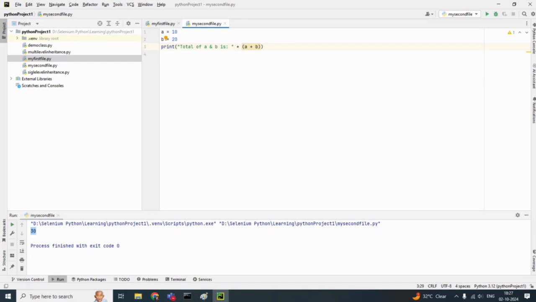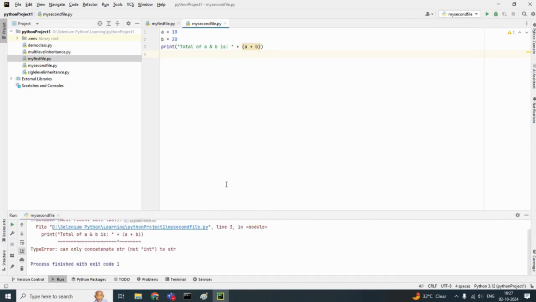No, it will work. The inner brackets will work fine. But the thing is, these are integers and these are strings. So it will not add. If I run this now, it says can only concatenate a string, not integer. Concatenate means I'm adding two things, this thing or this thing, so I cannot add different data types. So I have to make it